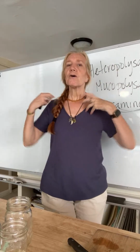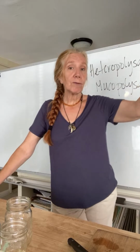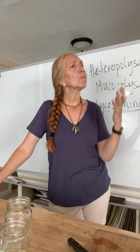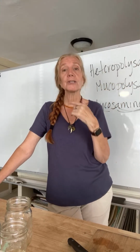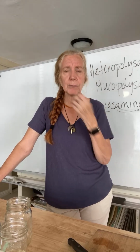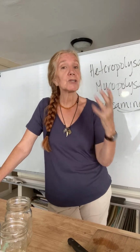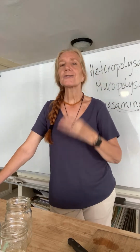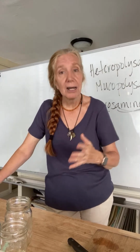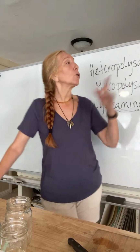So all of these fluids that bathe our body, when we are dried out, when we're in overheated environments, when we are older and our body loses the ability to hold moisture, as happens as estrogen levels drop, as we just get older and tissues are unable to hold moisture as well, with damage, with trauma, with chronic inflammation. Certain bodies have just a tendency to not hold moisture as much. There are a lot of different reasons why we might not be able to hold moisture. And so using